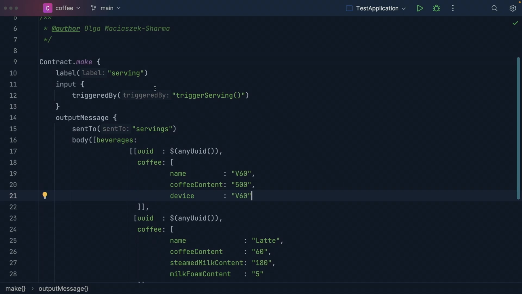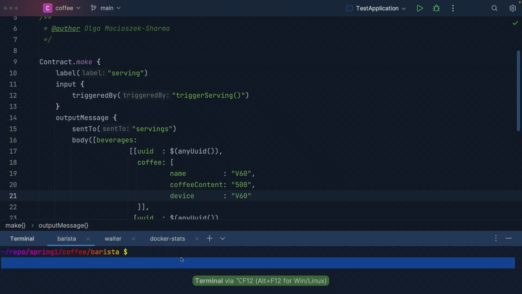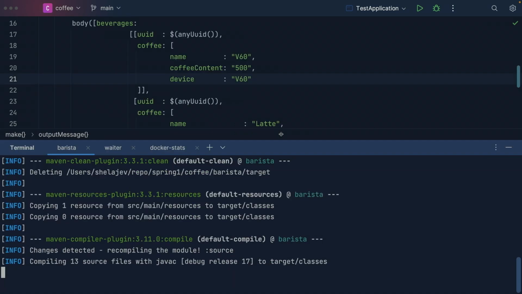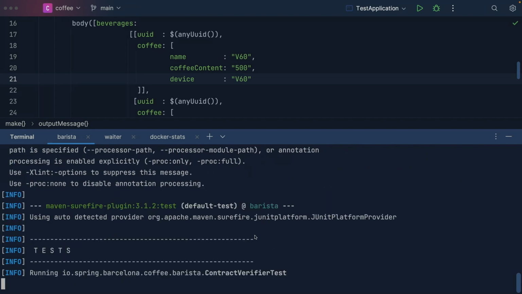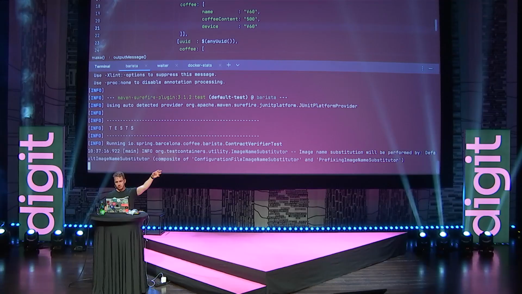And then of course, you can run this thing very, very easily, right? So you just run your normal Maven, normal build tool. In this case, this is Maven. We do clean install. We could run test just to run test, but I want to run install because this is much, much cooler. So what will happen is it will generate the tests from the contract. They will extend the base class, so we'll get the setup, and then everything would work with my